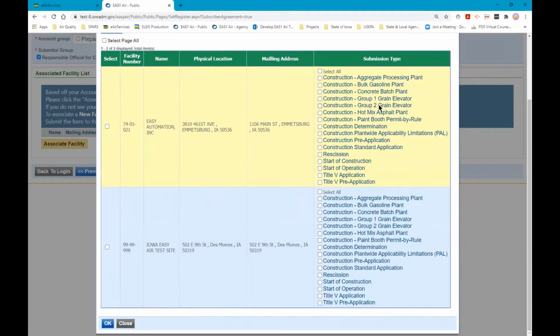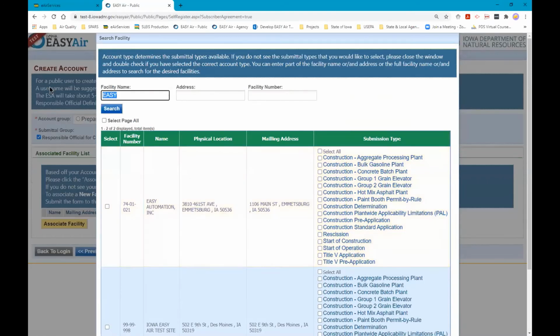Sometimes when you do a search like this, you will get multiple hits. Remember that Easy Air has the full listing of sources that are in our record center, and the sites will pop up if you use a portion of your own site's information, or for example, I'm just going to put in everything in